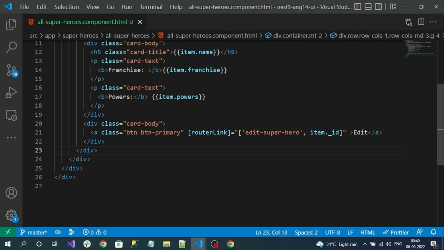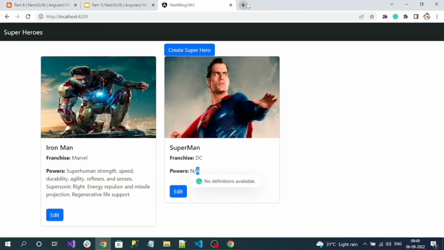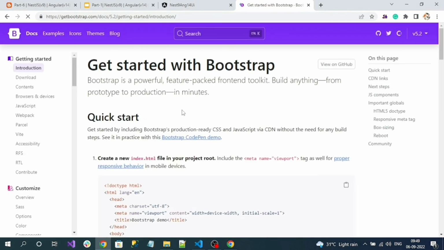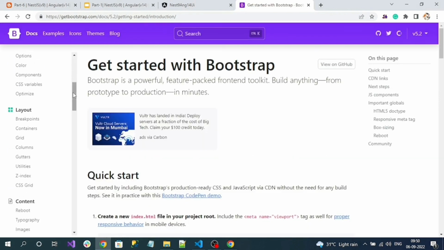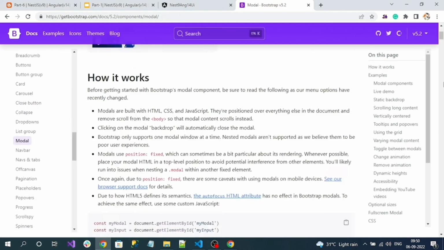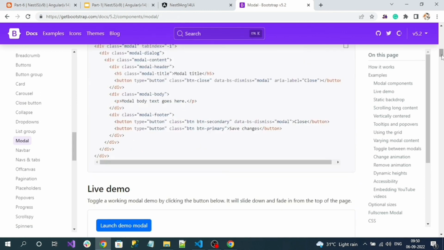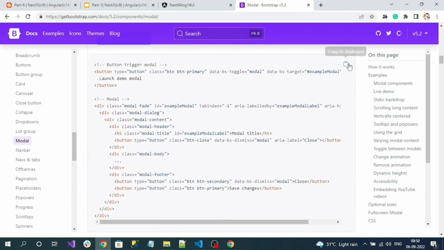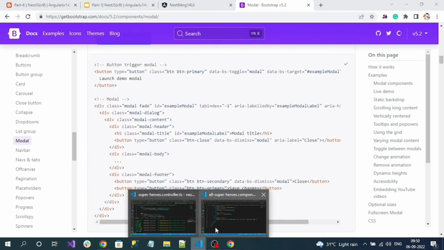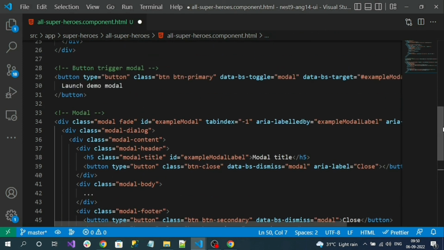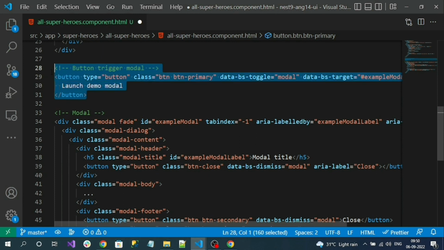For that, go to the Bootstrap website, go to the components and select modal. From this modal, let's copy this content. So this is my modal HTML,